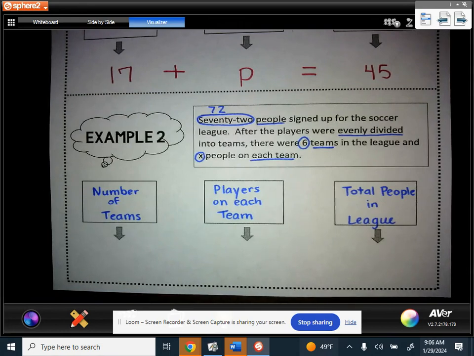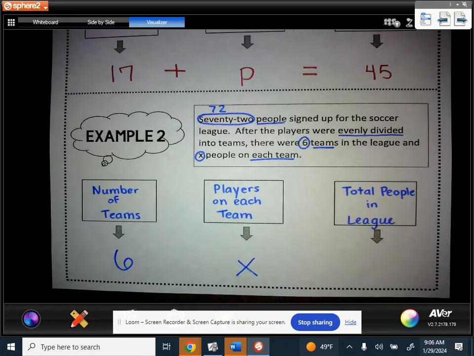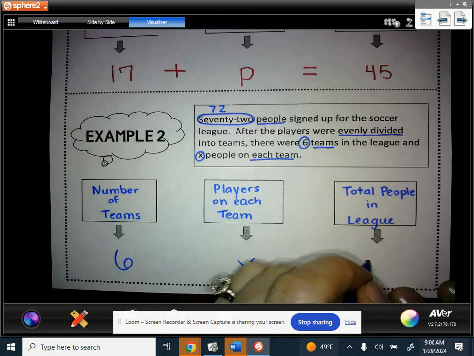Those are the 3 things we're dealing with here. They told us in the problem that there were going to be 6 teams, so I'm going to put that there. And then the players on each team, we don't know that. We're referring to that right now as X. And then we do know that there were 72 people